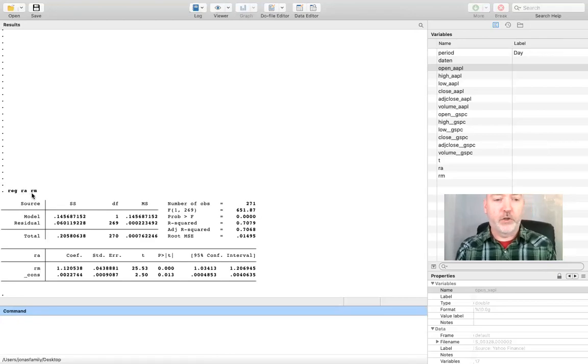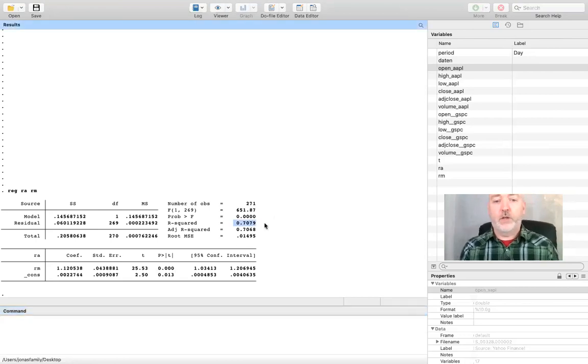Apple return as a function of the market return, which is the role being played by the S&P. And we would get a value like this. So coefficient 1.12, significant at 1%, a somewhat surprisingly robust 71% R squared,